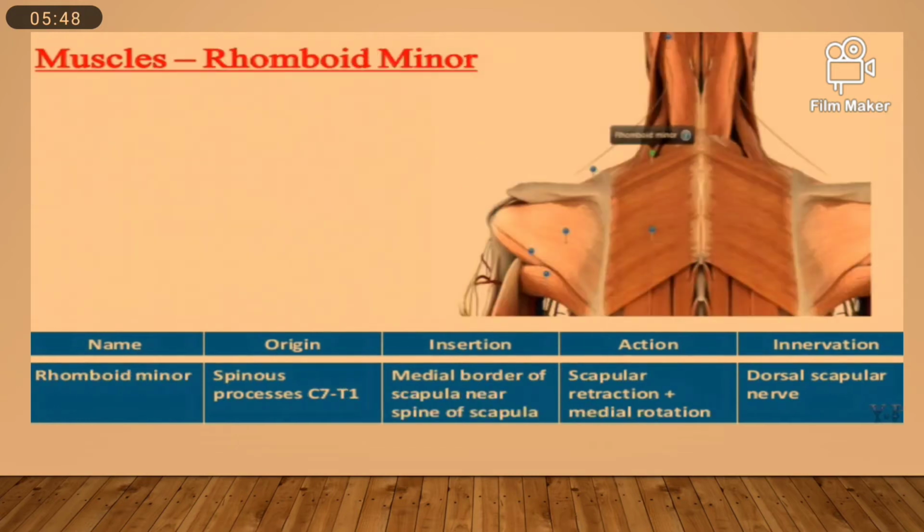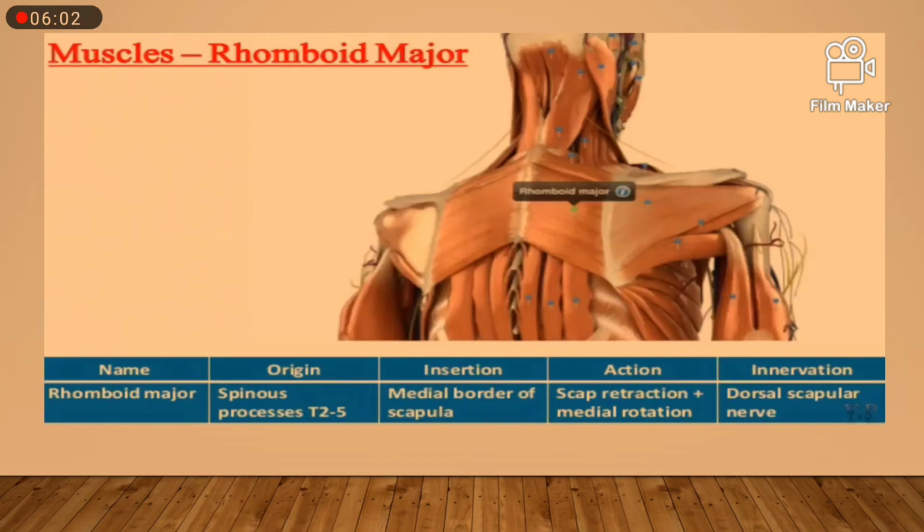Now rhomboid minor muscle: spinous process of C7 to T1 is the origin, insertion is the medial border of the scapula near the spine of the scapula, action is scapular retraction. Now rhomboid major muscle: origin spinous process of T2 to T5, insertion medial border of the scapula, action scapular